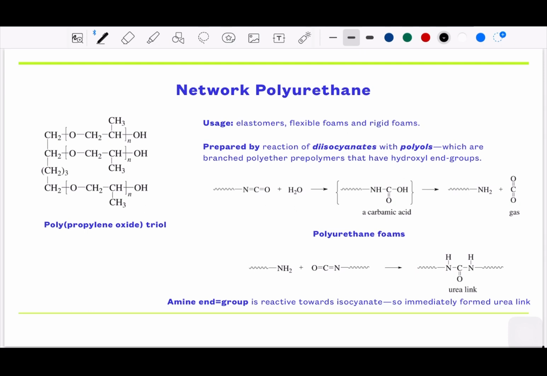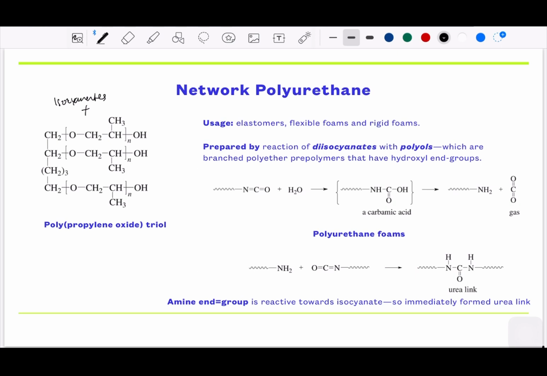And now we have 3 alcohols that we're going to react. Okay, I think we are ready. So we continue. So perhaps this is going to be the alcohol groups that will react with the diisocyanate or isocyanate. So this will plus with the isocyanates, and then it will react and become the network polyurethane. And then